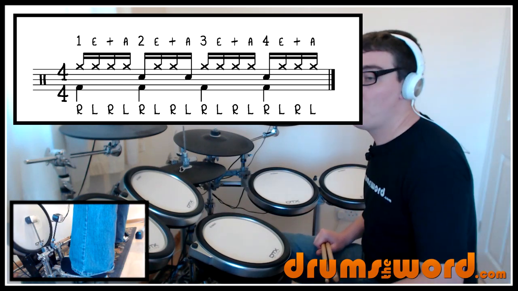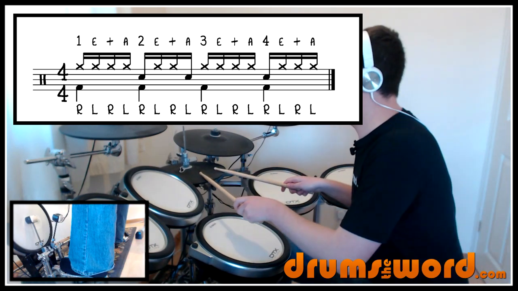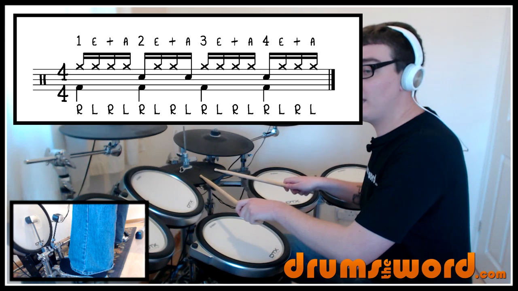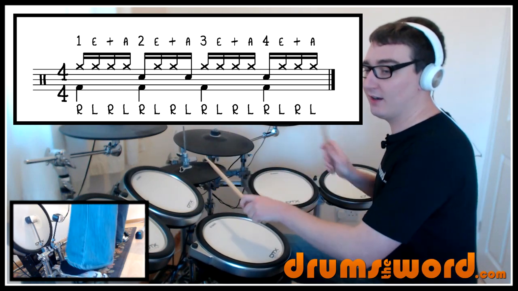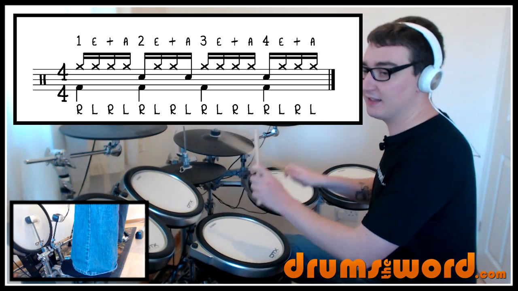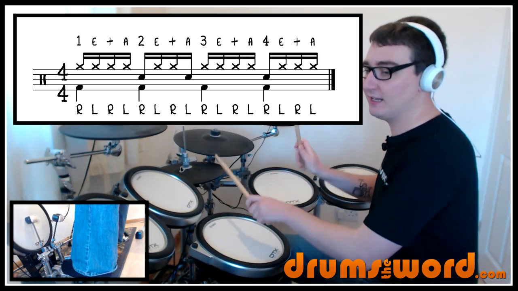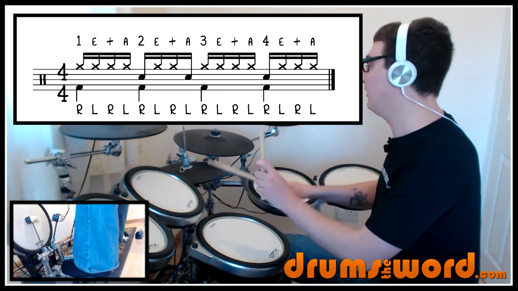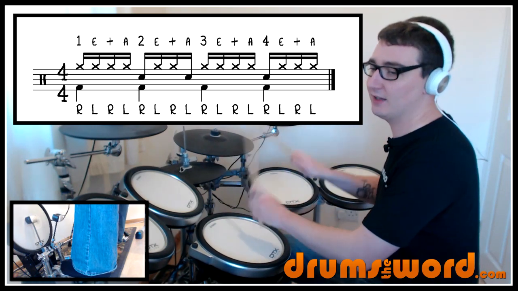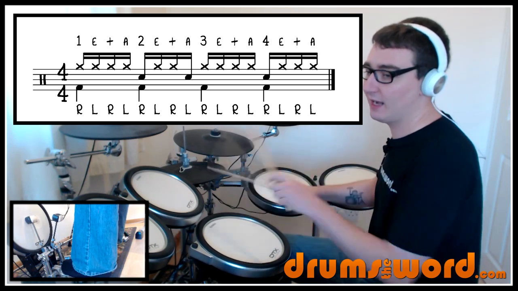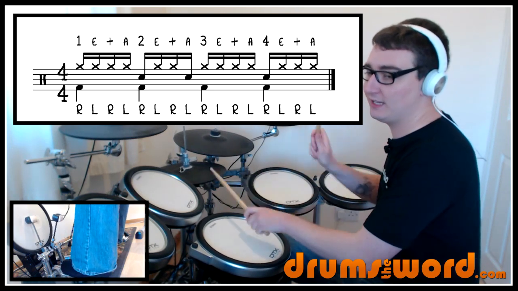Double-handed, here we go. 1 and 2 and 3 E and a 4 E and a 1 E and a 2 E and a 3 E and a 4 E and a 1 E and a 2 E and a 3 E and a 4 E and a 1 E and a 2 E and a 3 E and a 4 E and a 1 E and a 2 E and a 3 E and a 4 E and a